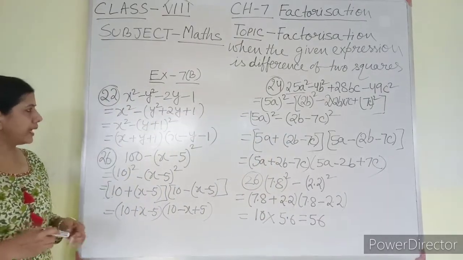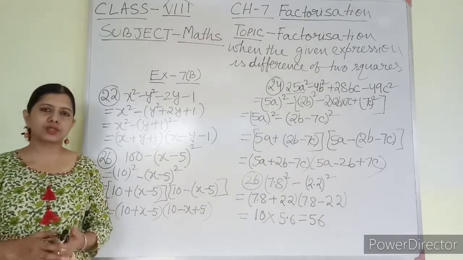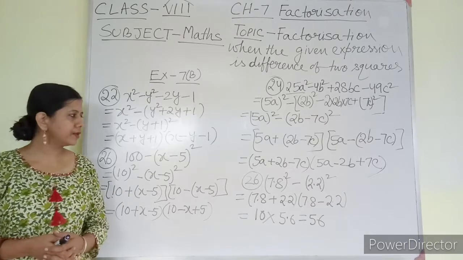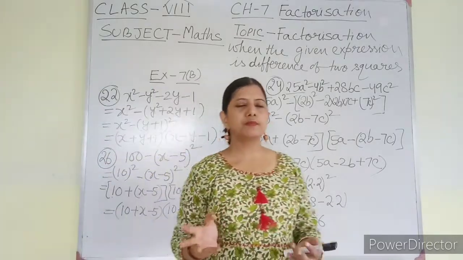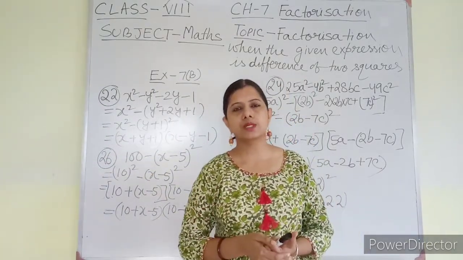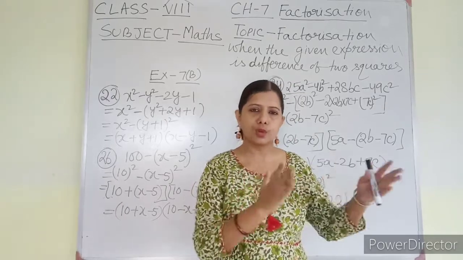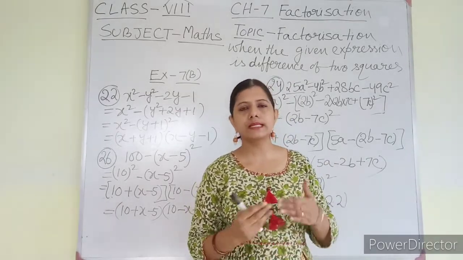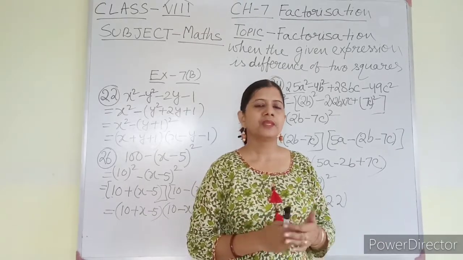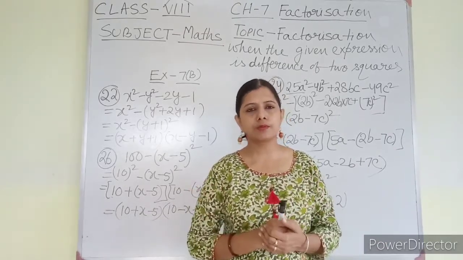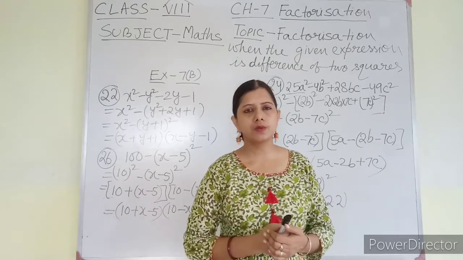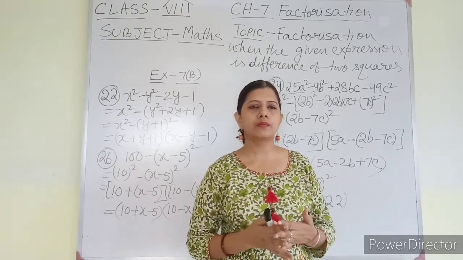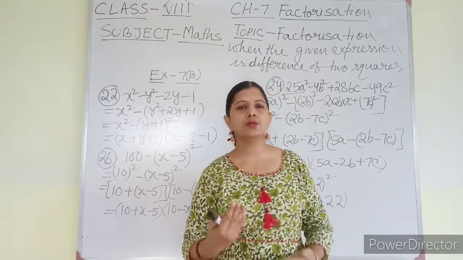So in this way you can solve the questions. This is also a very easy exercise. It will not take much of your time. Just write down the algebraic expression in the form of two squares and then use the identity a square minus b square is a plus b and a minus b. I have solved almost half of the questions. The other half is for you. You will do it by yourself. So if you have any problem in understanding, pause the video, make it